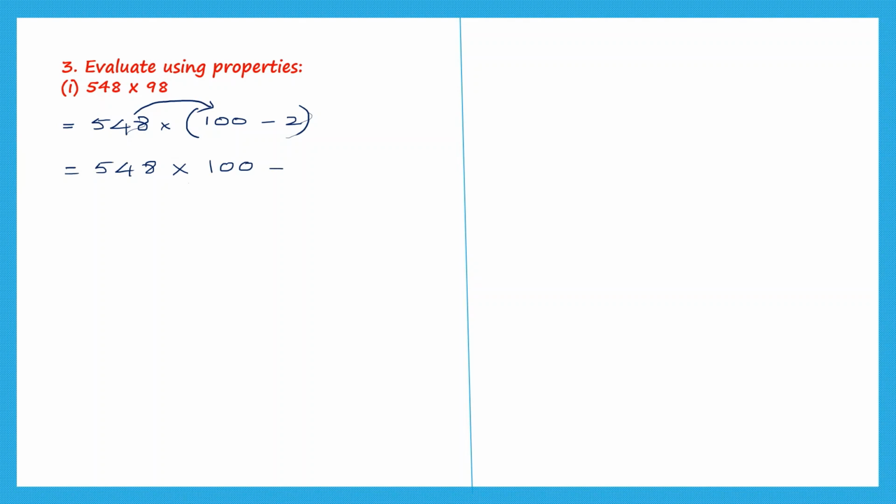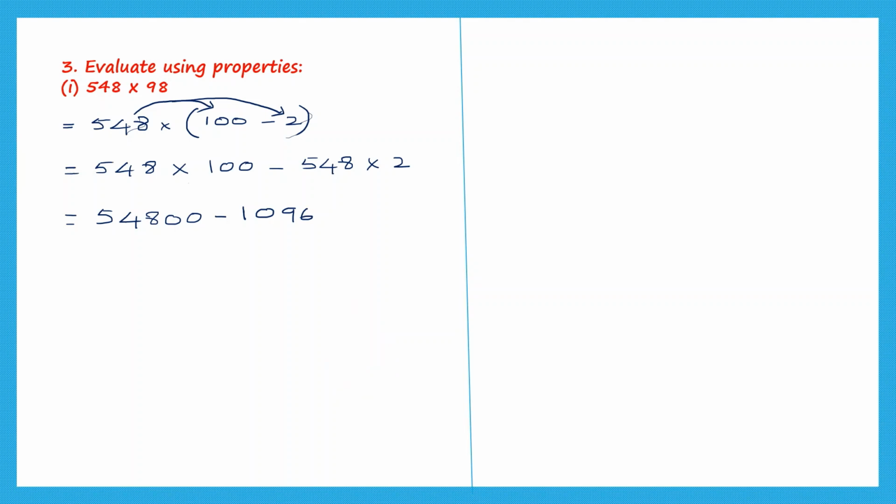Minus, now I need to multiply this with 2. So that will be 548 into 2. So this will be 548 into 100 is easy, 548, and I add the two zeros, minus 548 into 2. Let's do that. 548 into 2. 2 8s are 16, carry 1. 2 4s are 8 plus 1, 9. 2 5s are 10. I've got 1096 minus